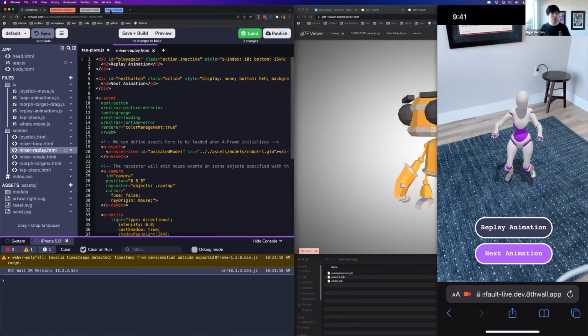I'm going to go over the last one, and then I can share a couple projects that I've made that combine a lot of these concepts. So the last animation type that I'm going to go over today is called Morph Targets, also known as blend shapes. Morph Targets are really interesting because, unlike keyframe animations or animation clips, they rely on